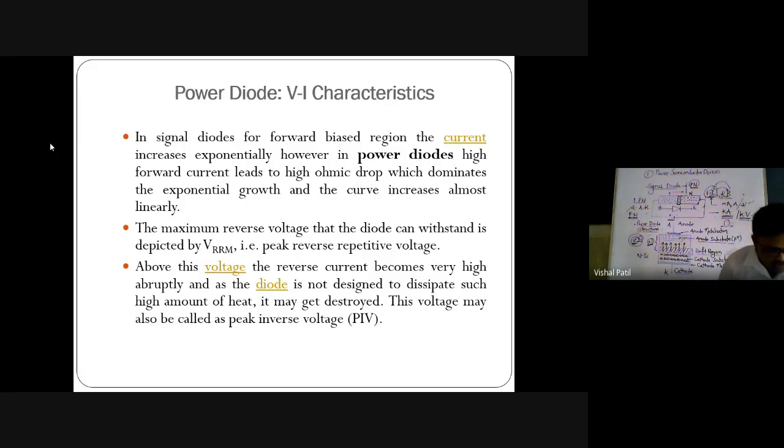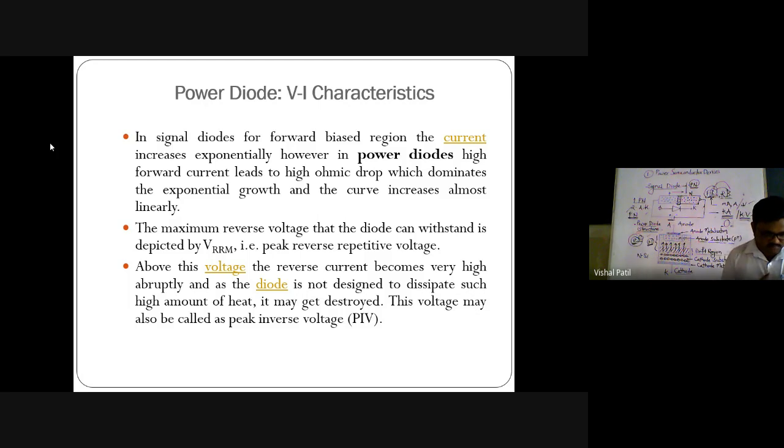In a signal diode, in the forward bias region, the current increases exponentially. However, in a power diode, high forward current leads to a very high ohmic drop, which dominates the exponential growth, and the curve increases almost linearly. So during the initial part of the characteristic, there is a linear relation between voltage and current. Now, what happens if